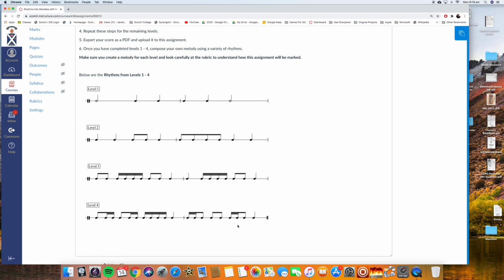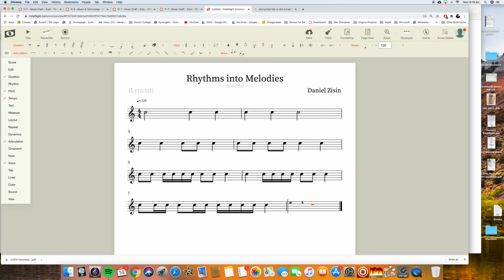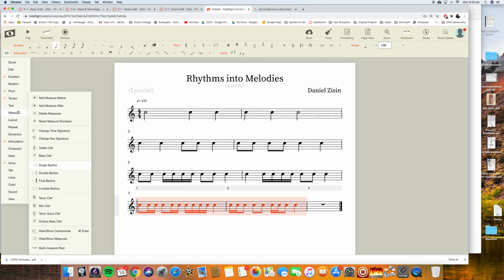Tick-a-tee, tee, tee, tick-a-tee, ta. So tick-a-tee, tick-a-tee, tee, tee, and then another tick-a-tee, tick-a-tee, ta. Great. And then we're going to select those two bars, go to measure,